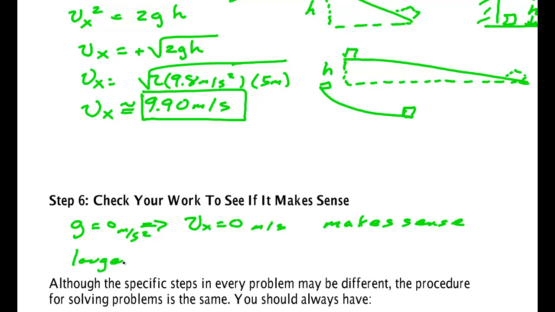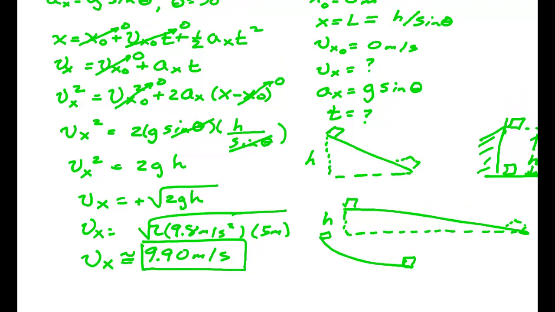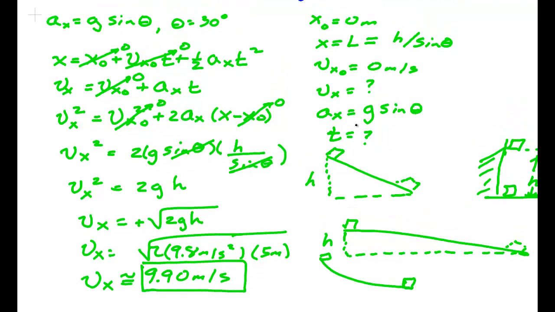Larger h, larger speed Vx. And in fact, if you want the speed to be twice as much, you need to make the height 4 times as great, because it only goes as a square root. If you want the speed to be 3 times larger, you need to drop it from a height 9 times higher. Again, this is why we want to work in symbols, and we don't want to plug numbers in up here on the first set of lines, as you'll never be able to work harder problems in which they don't